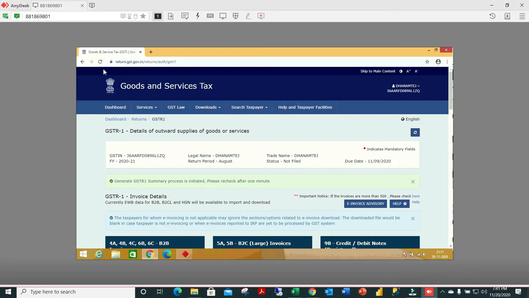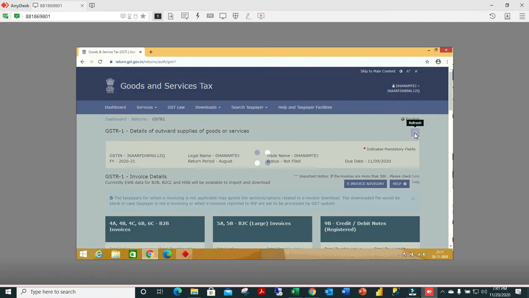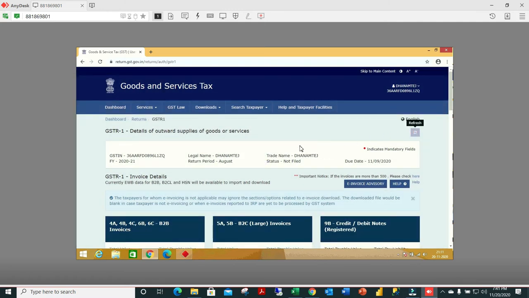Always it is good in a web portal to stay as per instruction. We need to wait for 1 minute for the GSTR1 summary to generate. One or two minutes is always advisable. So take your time, let the GSTR summary get generated. Then you can go and submit it.